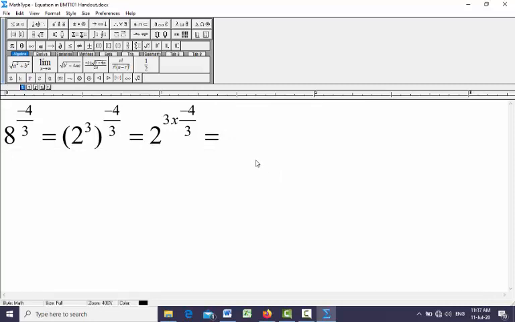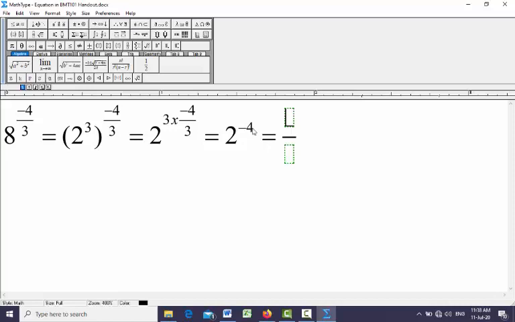So now what we have? As I said, these 3 and these 3 will cancel each other. So we will be left with only 2 power minus 4. 2 power minus 4. So that means we will have,